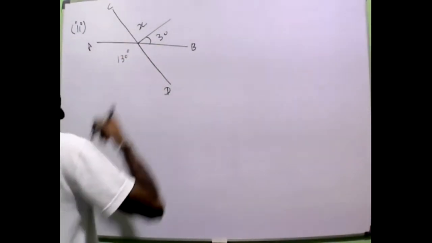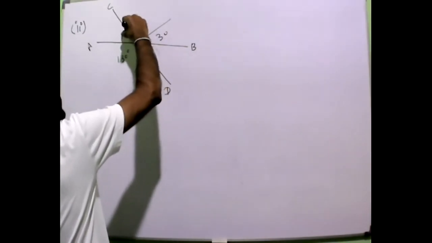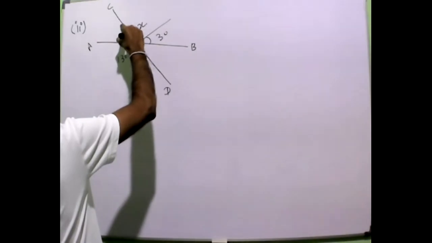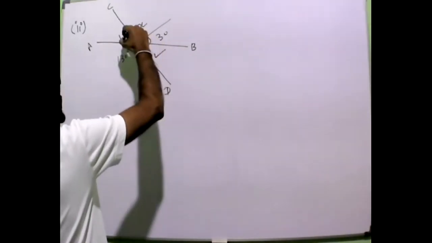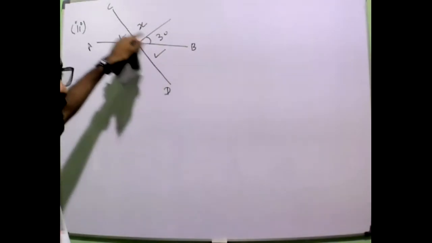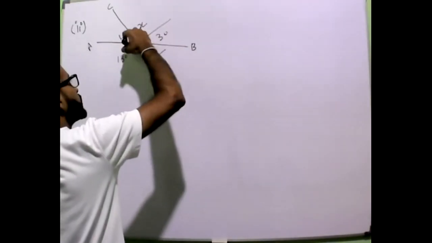Then I can identify two pairs of vertical opposite angles, right? So I will put this one and this one. These two are equal to me, right? But we do not know any magnitude here, right? And what can you say about